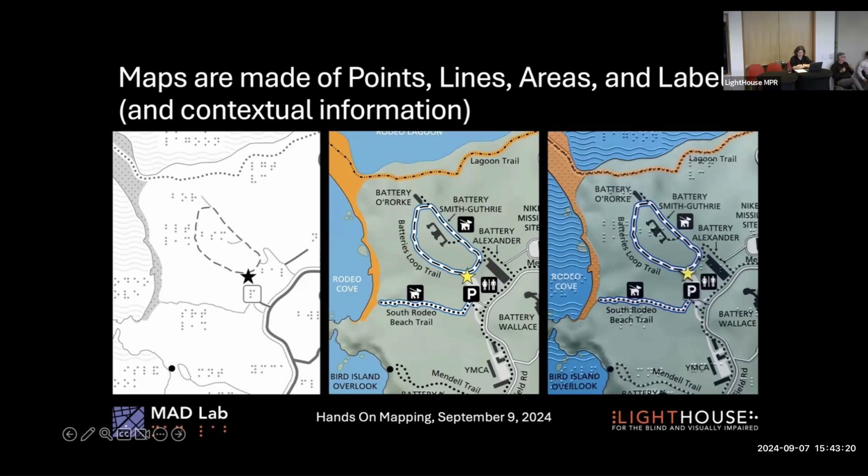To distinguish one thing from another, we must be sure that they feel significantly different. In visual map design, we rely heavily on color, tones, and grayscale. While color can be substituted with textures or Braille abbreviations, being discernible and memorable are paramount. Cognitive capacity is met at around 4 to 5 textures, 4 to 5 symbols, and 4 to 5 line types. So I'm going to talk more about symbols, lines, and areas in a moment, but before that,